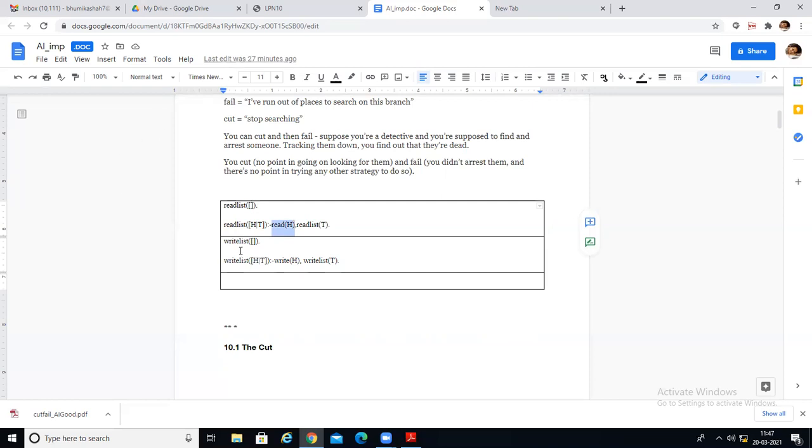So if I will write read capital X, whatever I will enter through keyboard, that will be stored in the variable capital X. So as I have written read capital H, whatever I will enter through keyboard, that will be stored in the variable capital H. So once I have entered the value, that is stored in the head, and then what I'm doing, comma, and once again recursively called read list function, and now what I'm passing over here, capital T, that is tail. So once again read list function will be called, and you will be entering one more value through keyboard, that will be made head of the remaining tail.